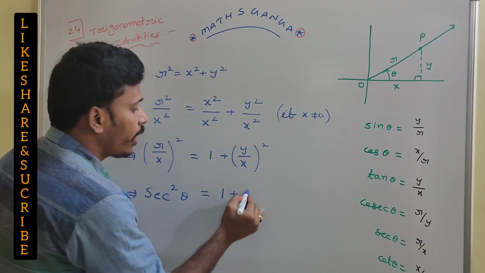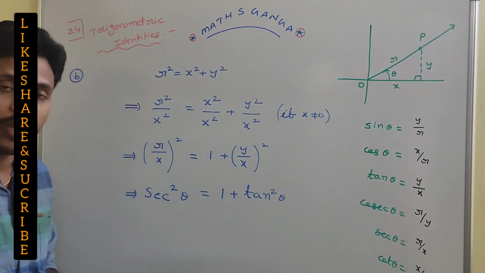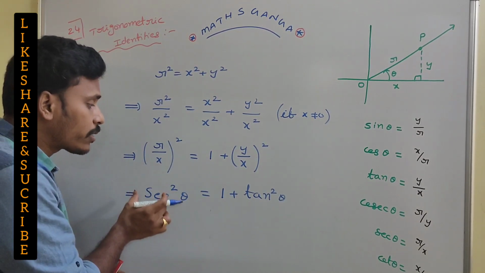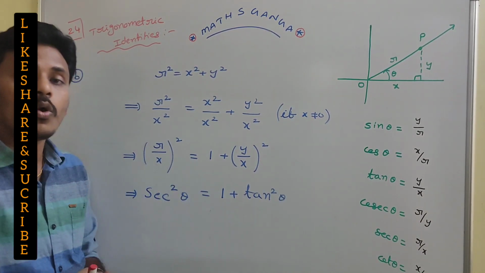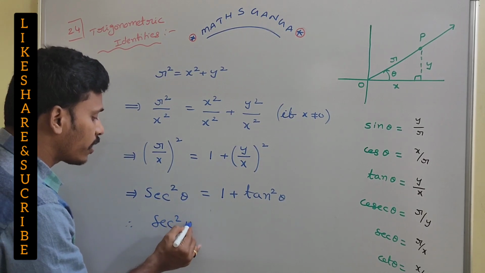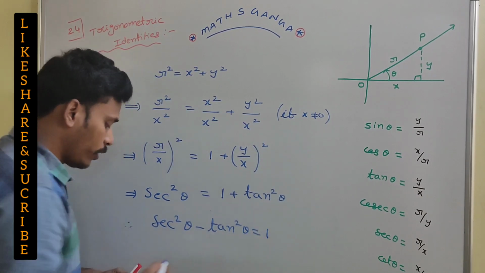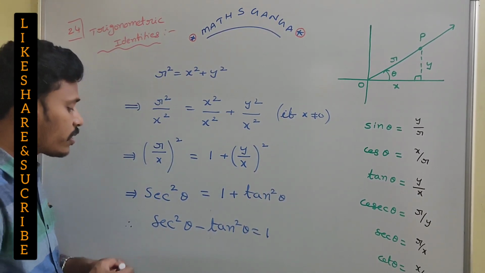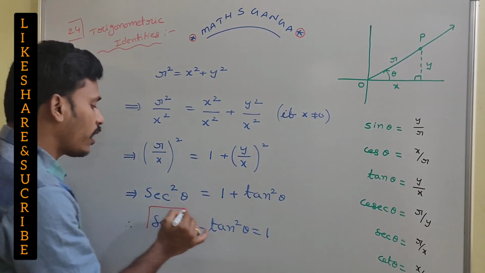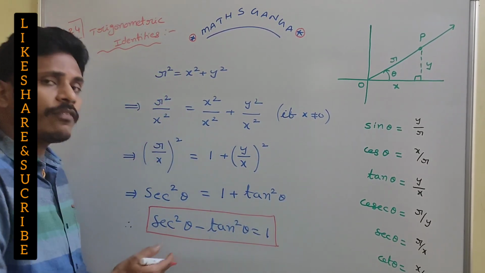What is y by x? Y by x is tan theta and its square is tan square theta. At the end, secant square theta is equal to 1 plus tan square theta, and then we will rewrite it like this: secant square theta minus tan square theta is equal to 1. So secant square theta minus tan square theta is equal to 1 is another wonderful identity, which we